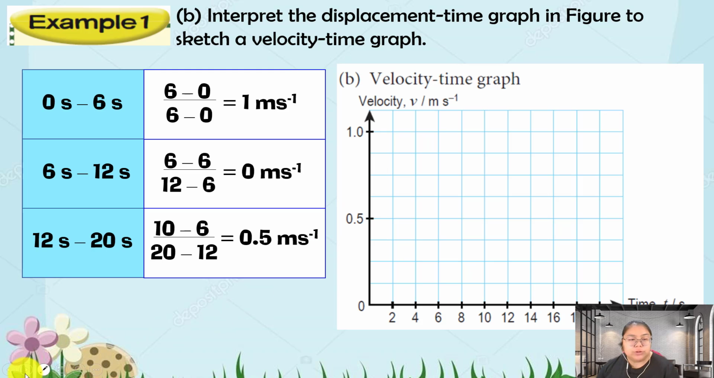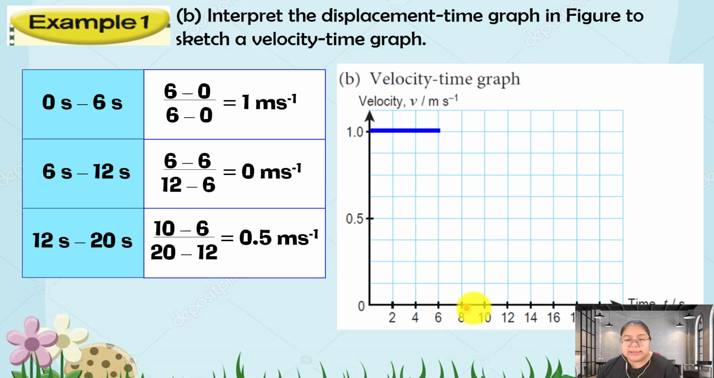So from here I go to show how to draw. Okay, I draw the horizontal line at 1 from 0 until 6. Now we go to the second part, 6 to 12, where the velocity is 0 m/s. That means from 6 to 12,